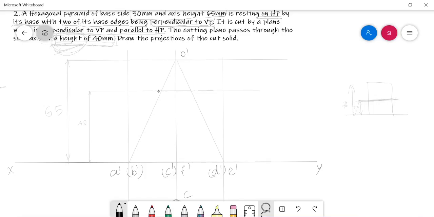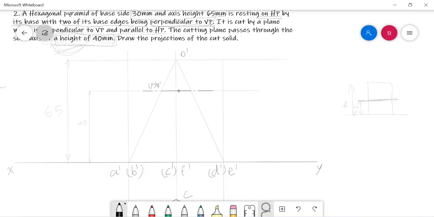In this intersection, just examine whether one edge is passing over this or two edges. O dash A dash, O dash B dash, two edges are passing, so I have to award two cut points here. P dash, Q dash, any one out of this can go inside the bracket. Now continue your travel.